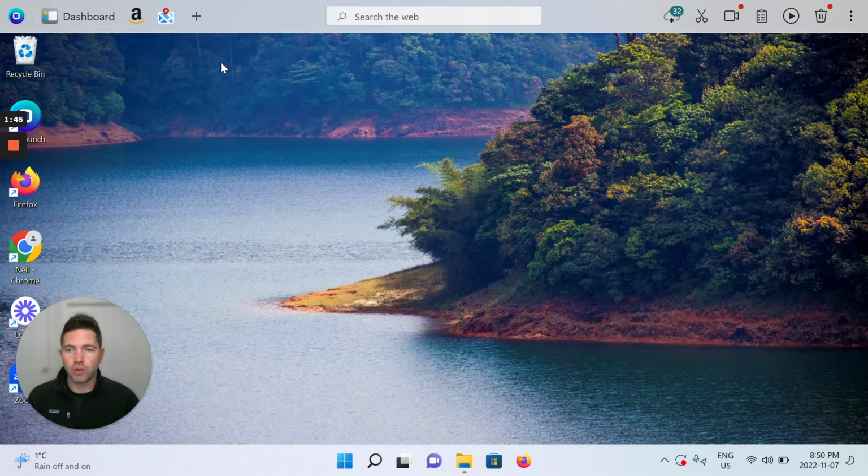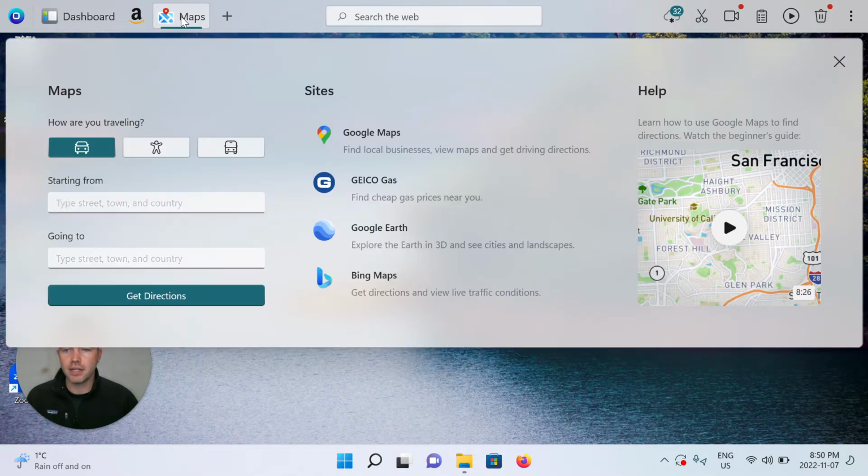When you hover over it, very clearly Maps, the icon very clearly screams Maps. If you want it even more clear, you're able to right click and show the label, if you want it to be that much more obvious that this is where you go for your Maps app. Once it's been pinned, simply click it, and then it opens up the user interface, or the dashboard,